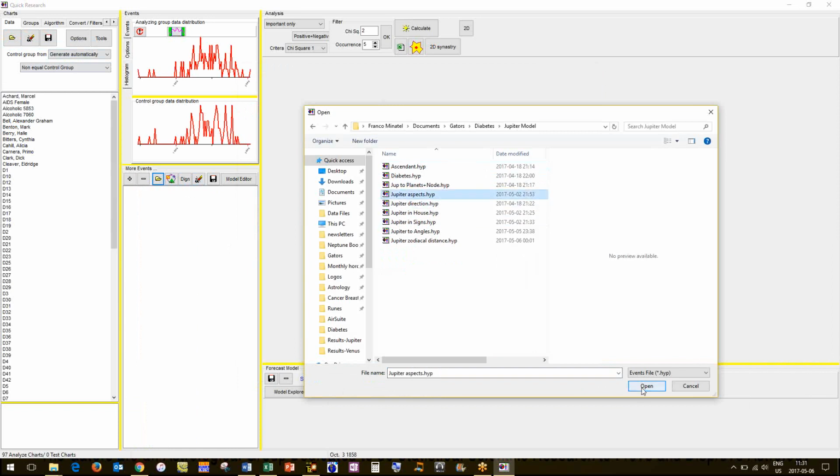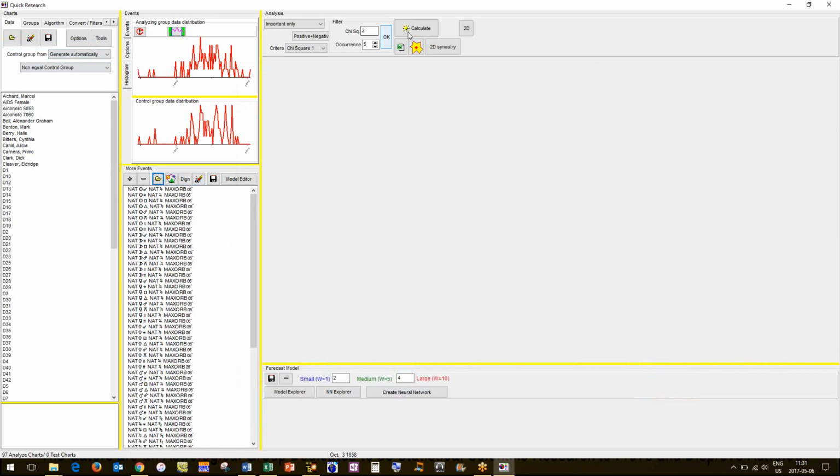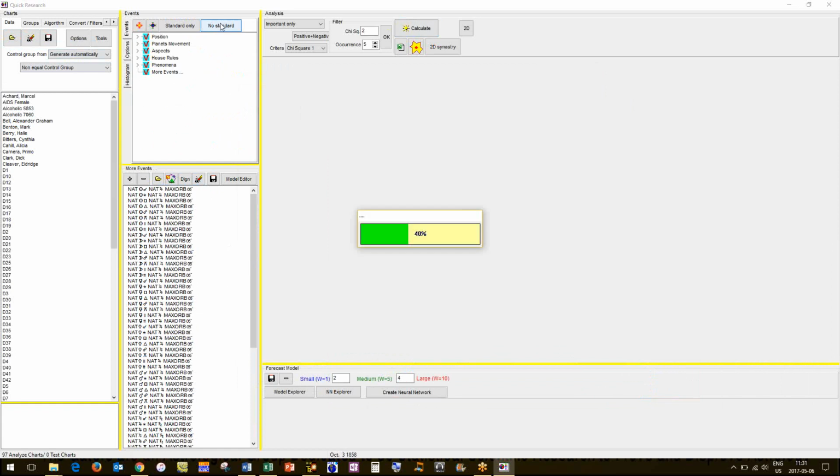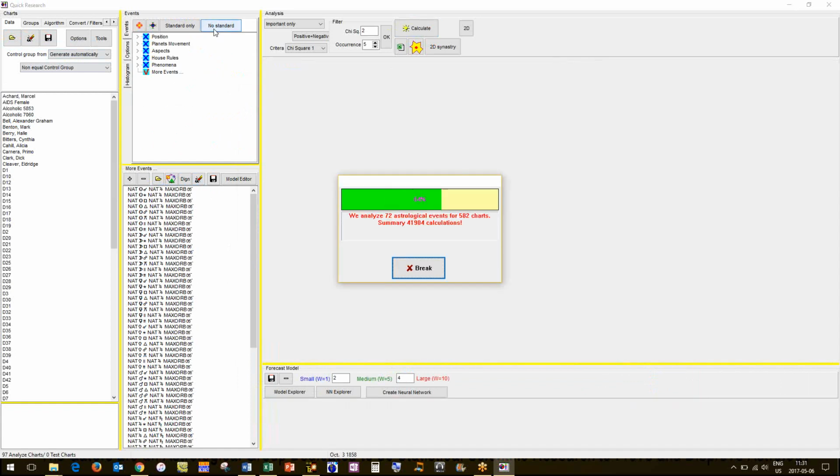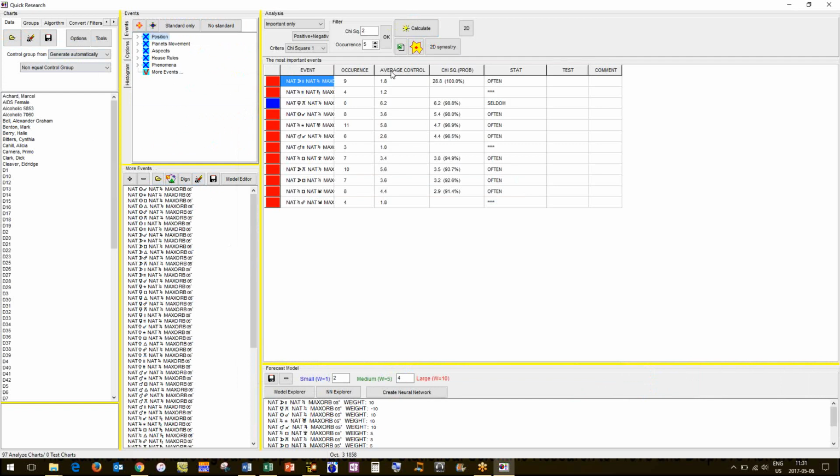Jupiter aspects. Okay. No standard, sorry. Always remember to click the no standard when you reload. There we go. Chi-squared 3, boom. Yeah, my machine's been running kind of silly.